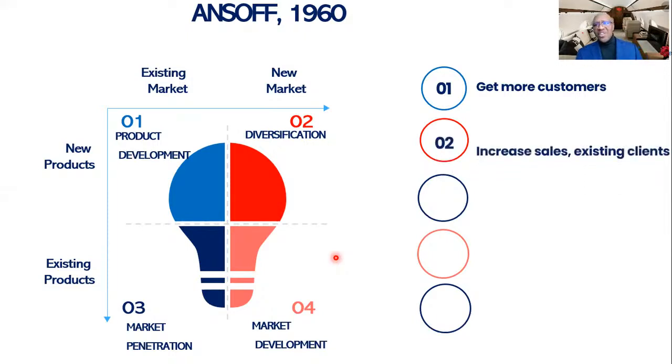The second one is to increase your sales from your existing clients. Now, this already tells us that when you go back to the matrix, we're looking at this part, existing clients. What can we do to increase our sales from existing clients? We can either work on our product, make it a better product, or we can really go there with existing products through